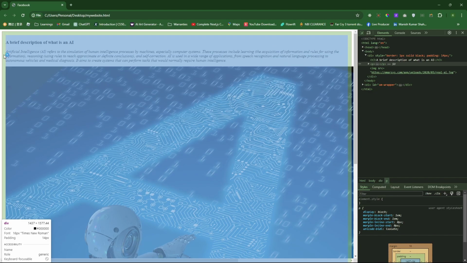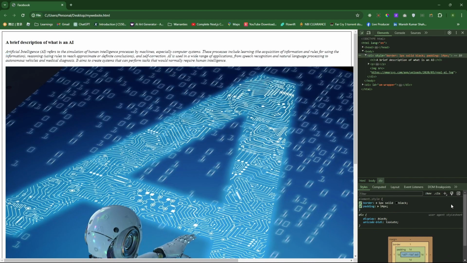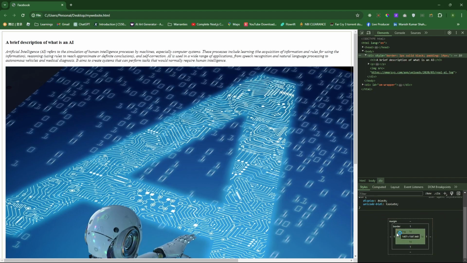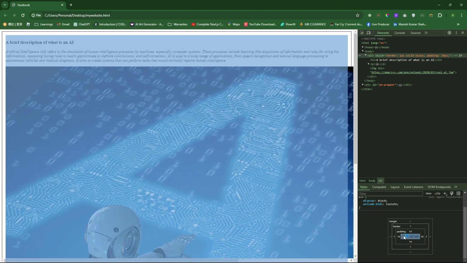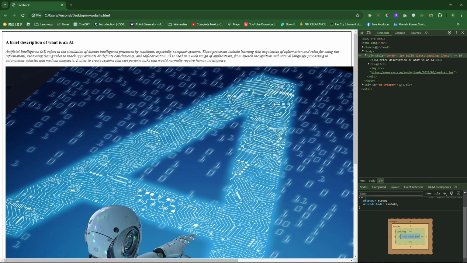So, try natin i-click to. And as we can see, it's padding, and we have a border and the content inside. That's how you inspect the elements of what we are doing on our browser. So let's just minimize this one.